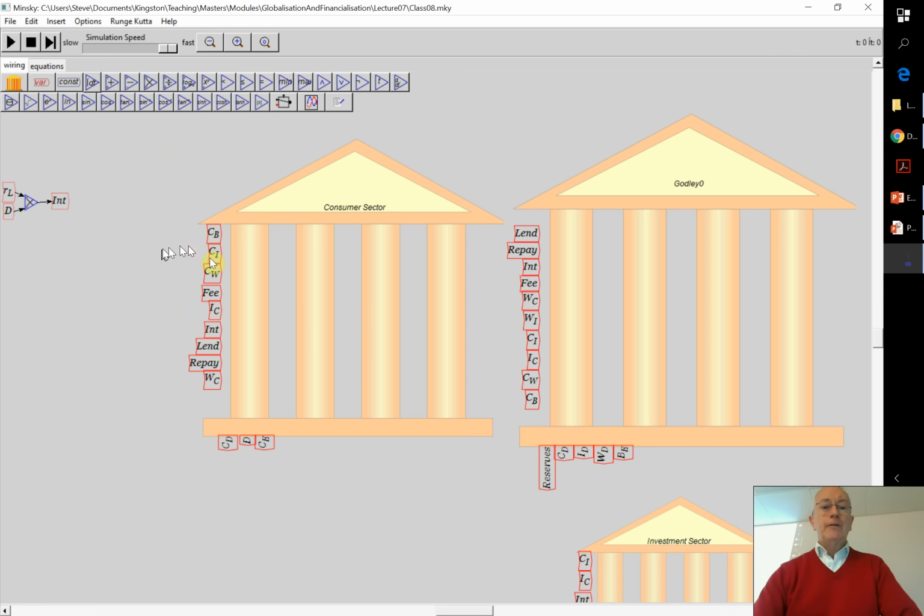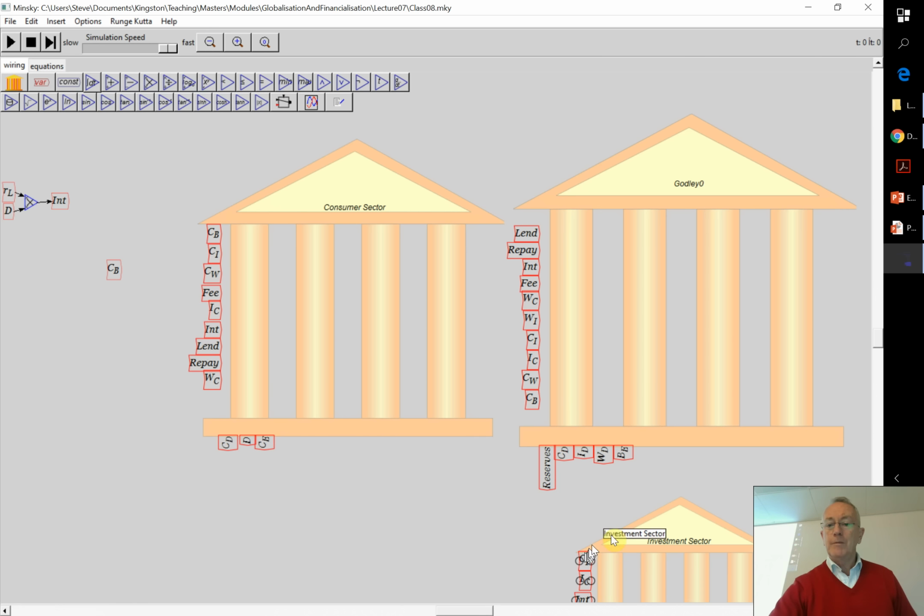So I've defined interest. Now I want to define all the other elements as well. So this is consumption by the banking sector. I'm going to right click and choose copy, bring it over here. Now consumption by the banking sector is going to be based on the amount of money the banking sector has. Just a simple way of defining it. So if I right click and choose CE for consumer consumption, that's the consumer sector.